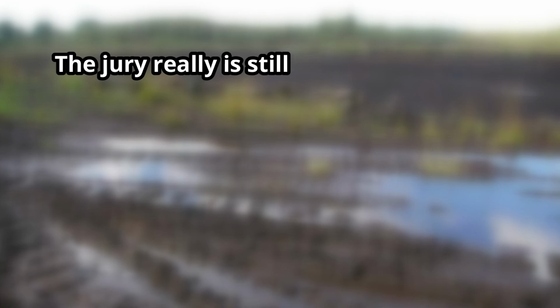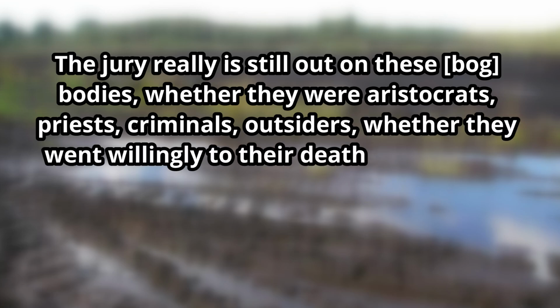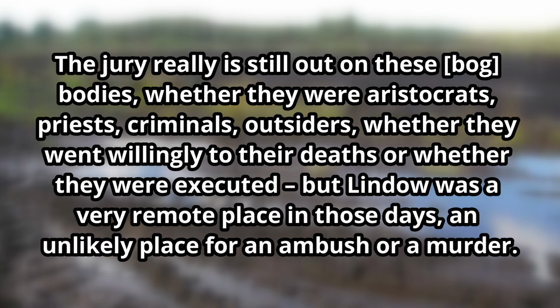Jody Joy, who is the senior curator at the Museum of Archaeology and Anthropology at the University of Cambridge, also disagrees with the murder-robbery argument, noting that, quote, "The jury really is still out on these bog bodies, whether they were aristocrats, priests, criminals, outsiders, whether they went willingly to their deaths or whether they were executed, but Lindow was a very remote place in those days, an unlikely place for an ambush or a murder." End quote. But there might be some credence to the religious sacrifice argument, because Anne Ross found that there were